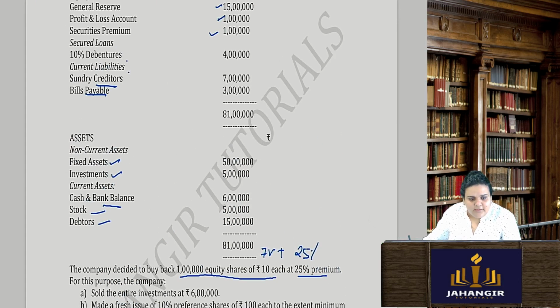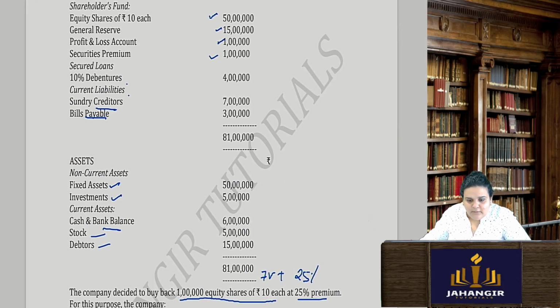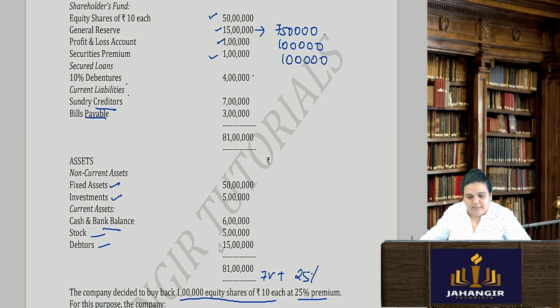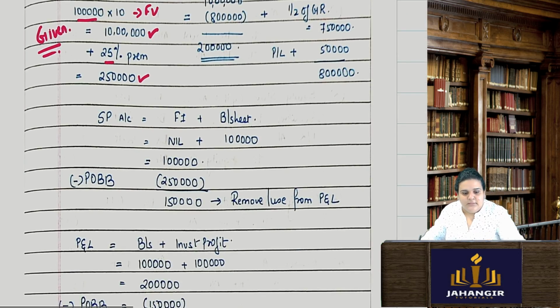What reserves I have? I have general reserve 15 lakhs, but in that they are telling me utilize only half of it. So I can utilize 7 lakh 50. In my P&L I have got 1 lakh, and my securities premium also I've got 1 lakh. ठीक है. Okay. Come to this. Securities premium account. I can get some from fresh issue, and when I do a fresh issue I can do at premium, and some amount will be there in my balance sheet, but fresh issue is at par. Okay, it's not at premium, so nil, and in my balance sheet I already have 1 lakh.